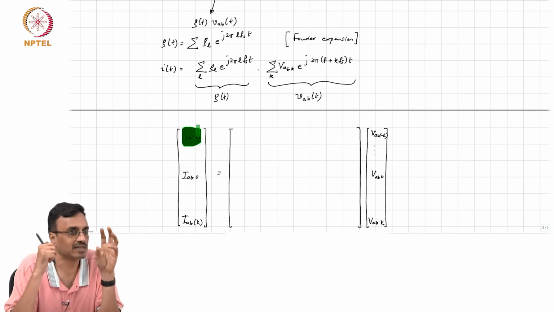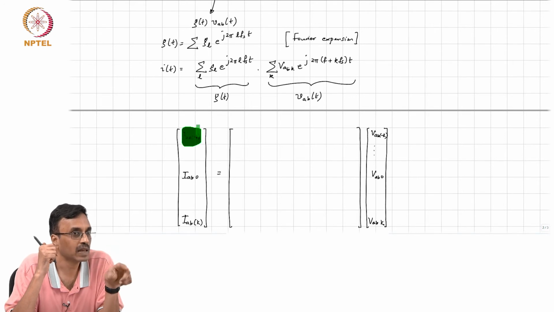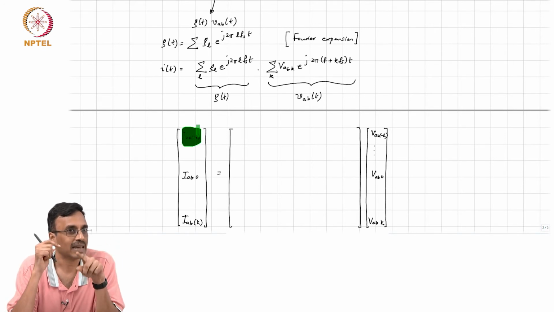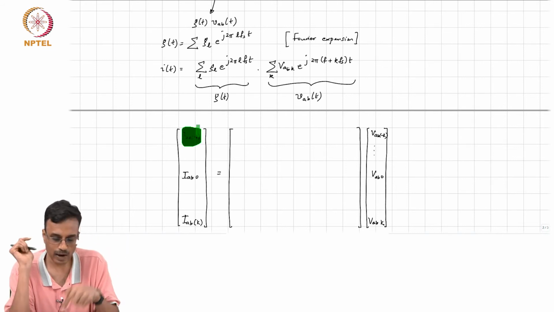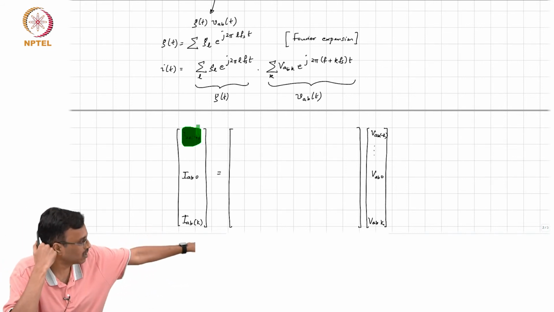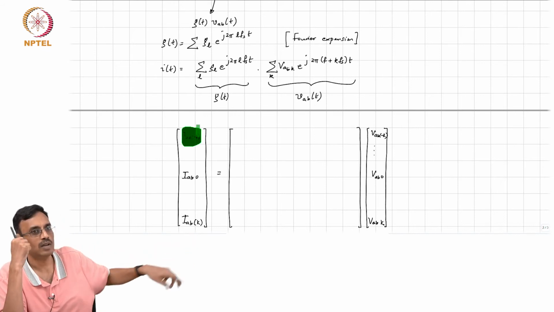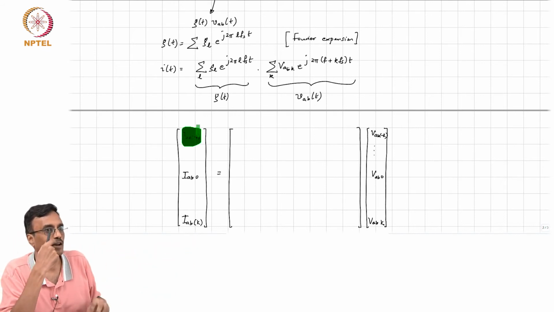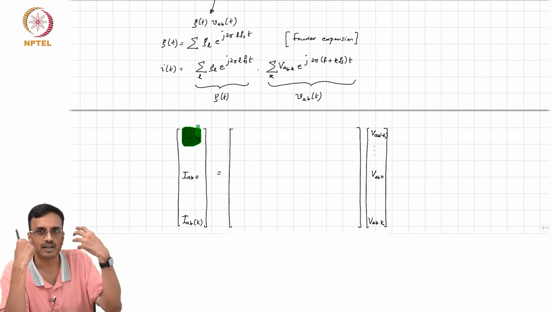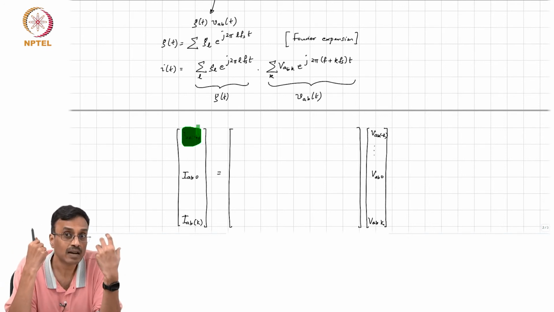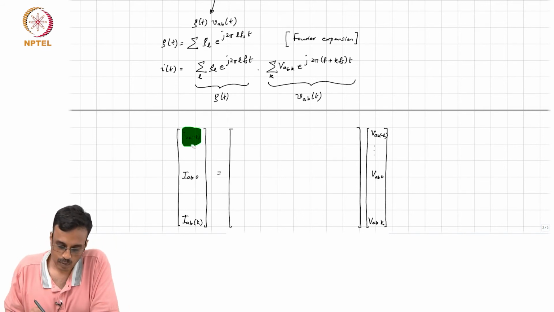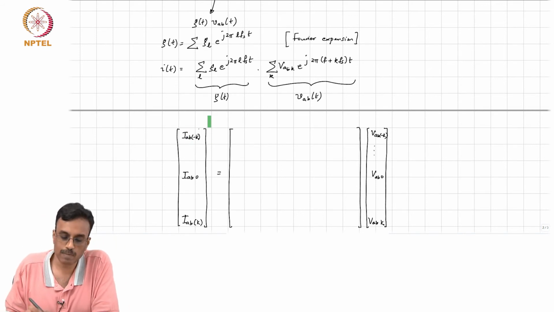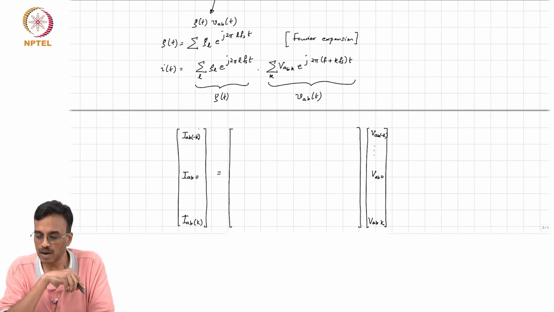It represents the strength, the complex amplitude of the current at a frequency F minus capital K times Fs, and likewise for every one of those terms. Specifically, IAB of 0 quantifies the complex amplitude of the current at F. Okay, so what comment can you make about IAB of minus K in terms of VAB of minus K?